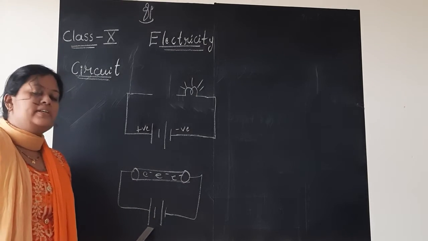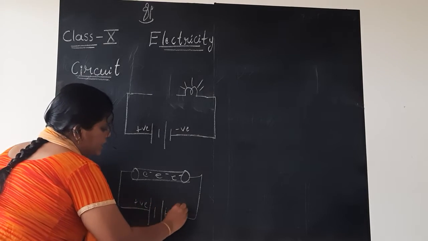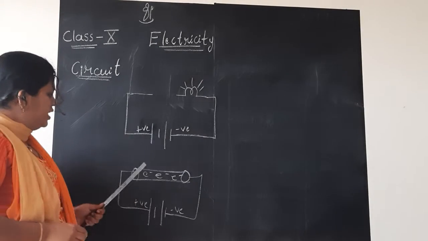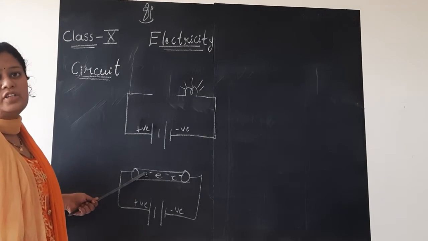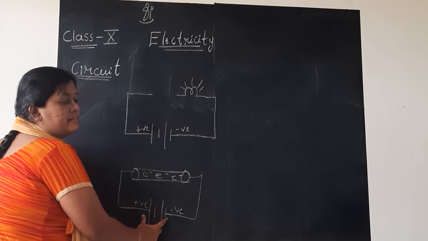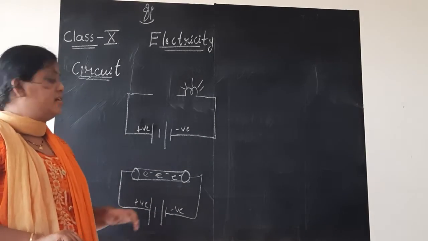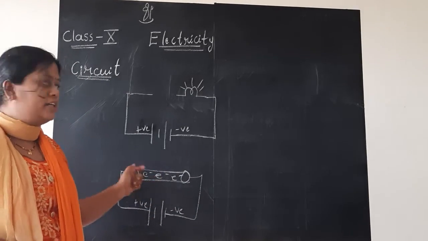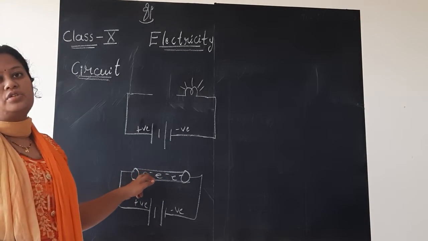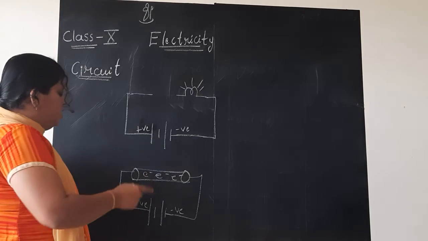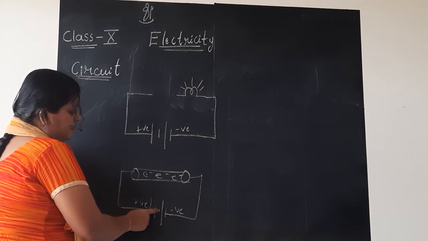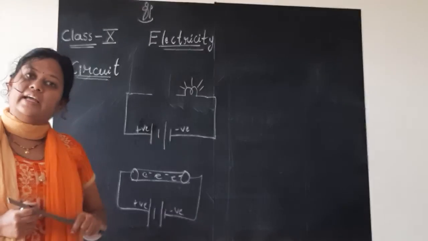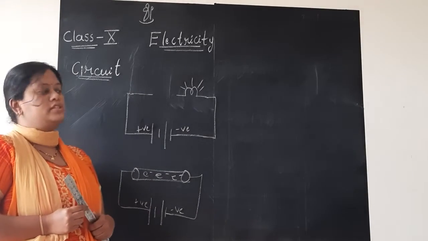The long line here represents the positive of the battery and the short line represents the negative terminal of the battery. Here we know electrons are negatively charged. The chemical in this cell undergoes a reaction and in turn provides the potential difference or the voltage for the current or the electrons to flow, that we discussed in the last class. Next question is, when this potential difference is applied with the help of the battery, in which direction does the electron flow or in which direction does the current flow?